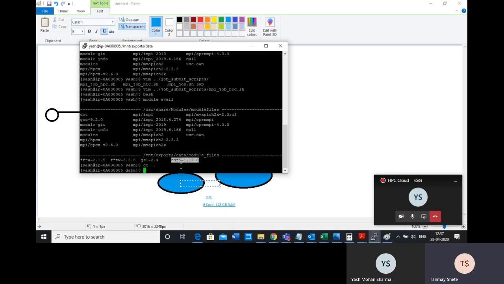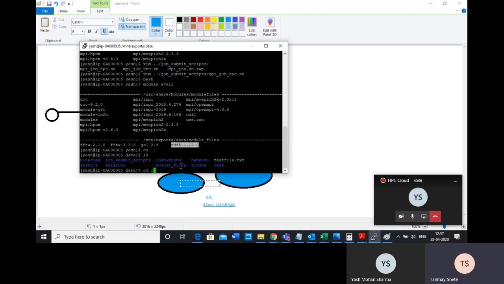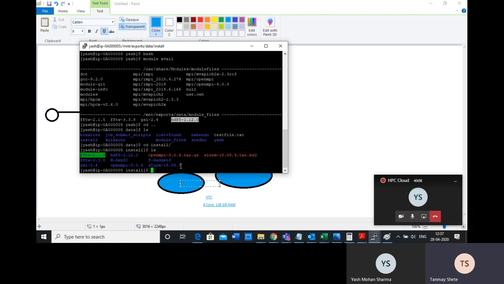You will not be able to install it in this install folder, because only the administrators can install there. If you want anything installed here, you have to work with our team and Girish to get it installed. But if it is only for you, then you can install it within your folder and utilize it.